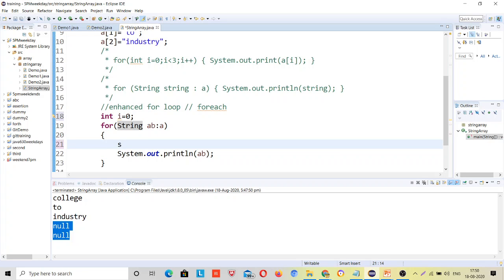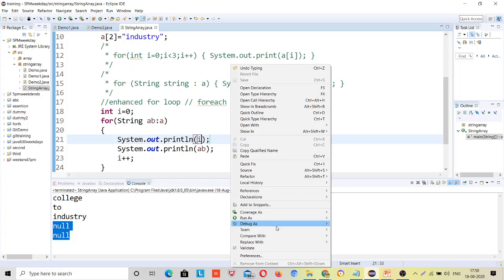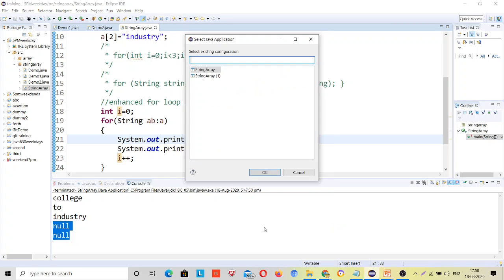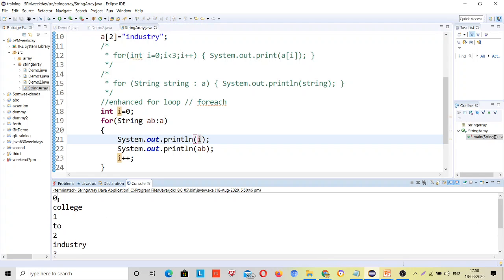Now this time here what will you do, you will print i plus plus, and here you can do it like sys out i, right? So the first time it will print the index, like when it printed 0, 0 was college, first was two, and second was industry, right?